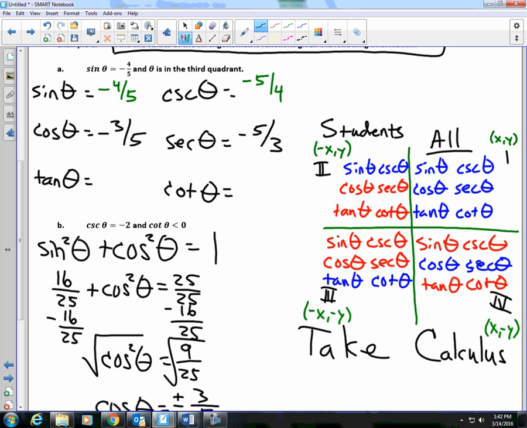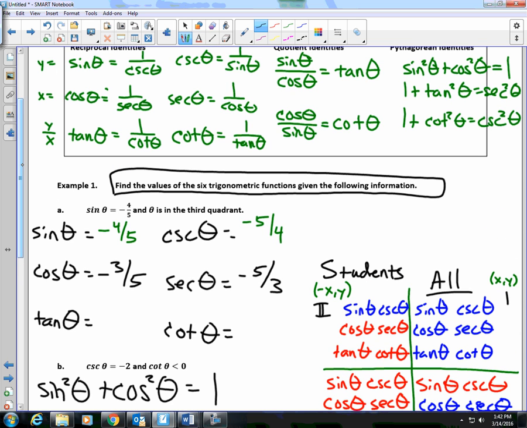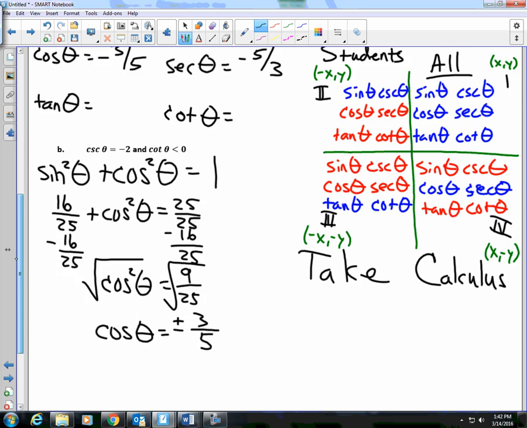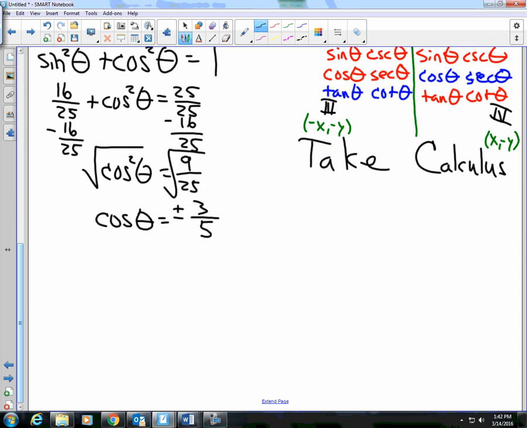Now I have one last value to find. If I could find tangent, cotangent would be quite simple. And so you have a few options. You could either use this formula, 1 plus tangent squared is secant squared, or you could use sine divided by cosine as tangent. And I'm going to choose to use sine divided by cosine as tangent. What is your sine value? Divided by, what's cosine? And when I divide, I should multiply by the